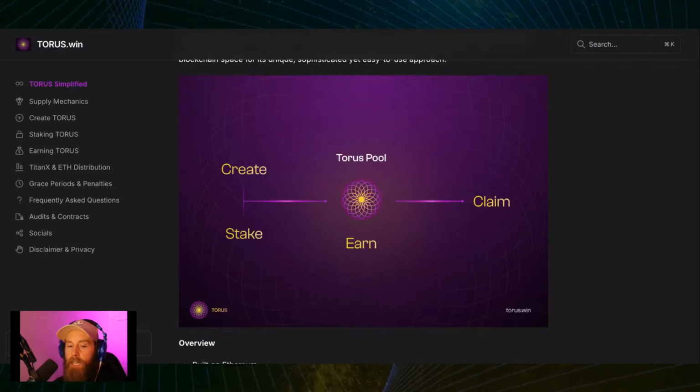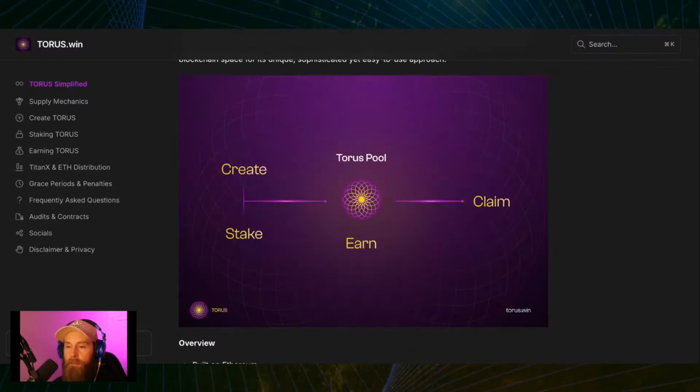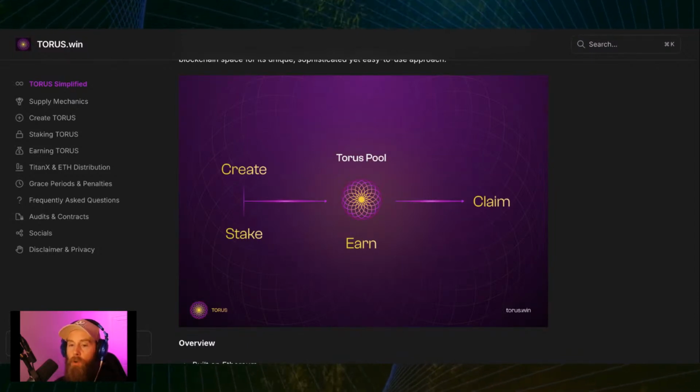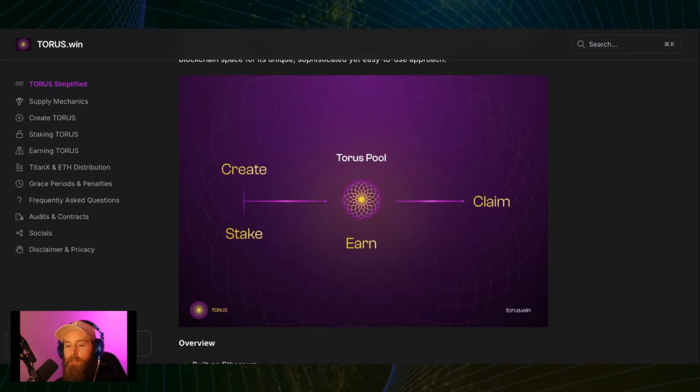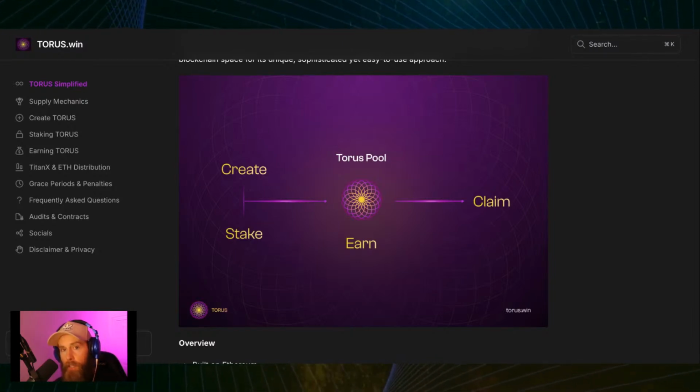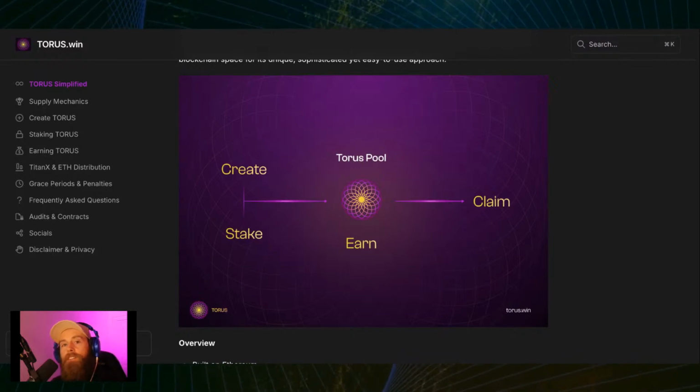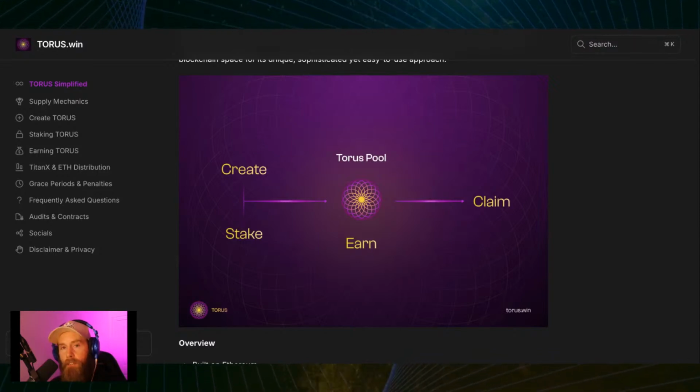Now, because I still want there to be some burning of Titan X, right? In TORUS, there is 84% buy and burn and 8% buy and build. So 8% is dedicated to building liquidity, 84% is dedicated to buying and burning TORUS, and 8% originally was to Genesis. So here's the other thing. Genesis now will not have 8%. Genesis will only get 3.69% of the Titan X and ETH that comes in.